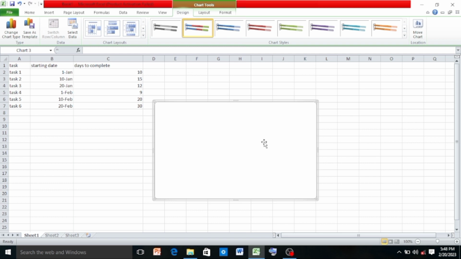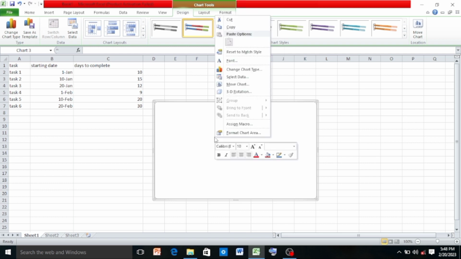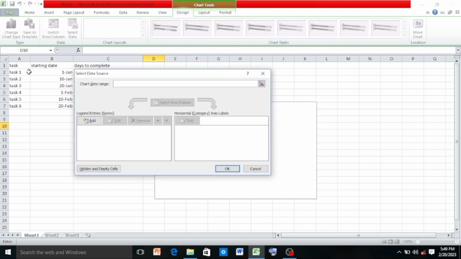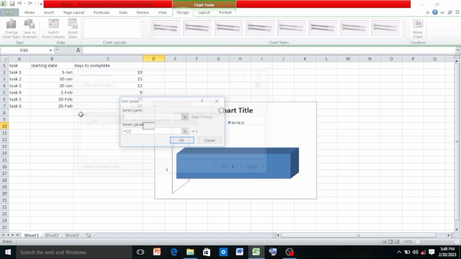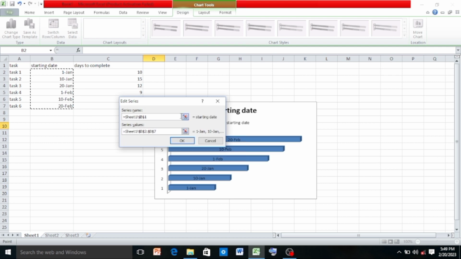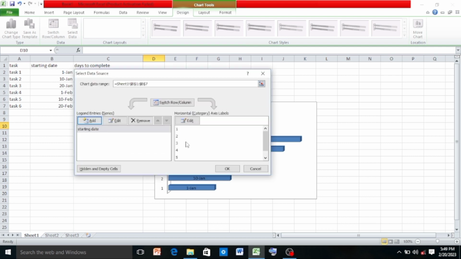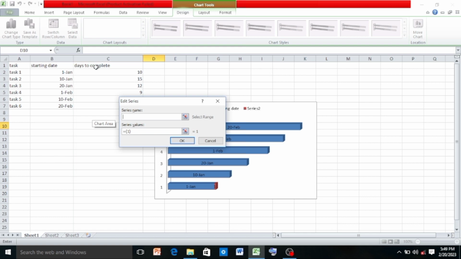You can see the chart area has appeared. Now right click on that and click on select data. In the pop-up window click on add and a new window appears. In the series name click on starting date and in the series value select the 1st January up to 20th February and click OK. Then again click on add and click on days to complete, and again in the series